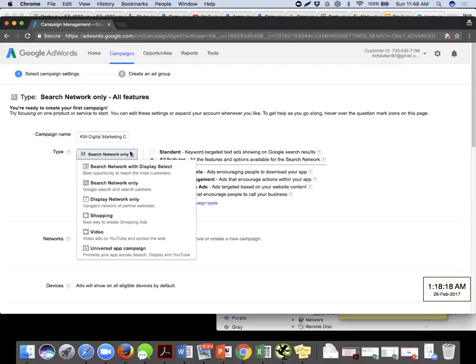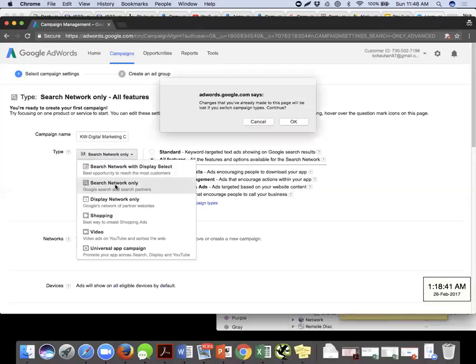Now I made a recommendation that you never club search with display, so I never recommend going to the first option, because at the end of the day it would be very difficult to get segregated reporting for both of them. So if you are going with the search network, start with search network. That's what we did, and then we put in a campaign name to make it simpler.